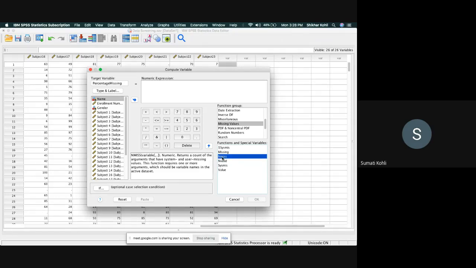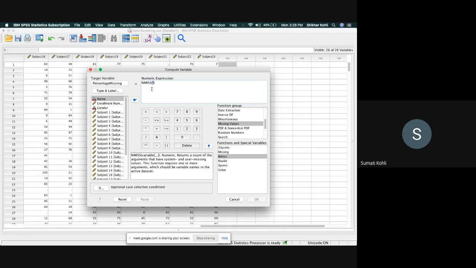So now I'm going to double click on nmiss, right? And you see here nmiss has automatically come here, and there is a question mark within the brackets. So what is this question mark? The question mark is basically telling us which variables you want SPSS to calculate the missing values from.